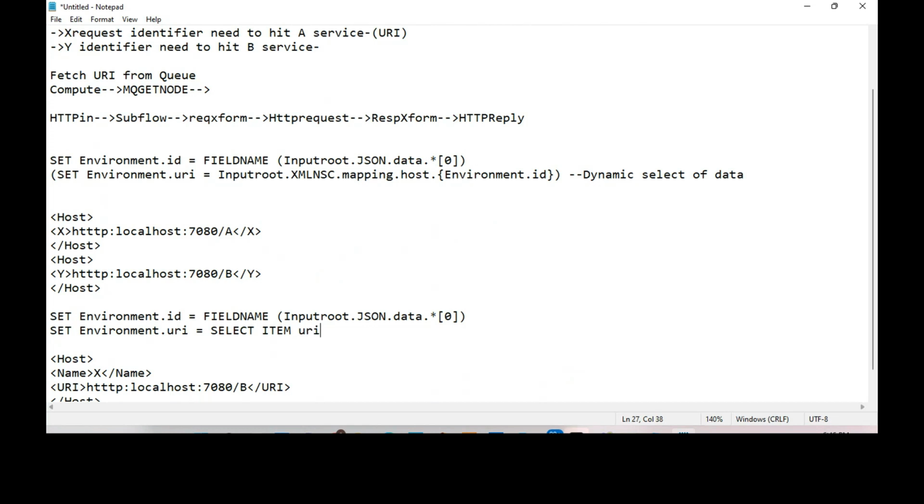So this will only fetch one single element and its value, and not the key value pair. Space from, capital letters FROM, space input root dot xmlnsc dot mapping dot host dot URI